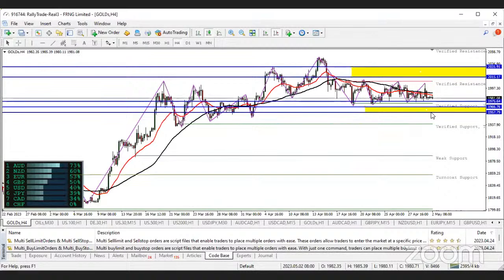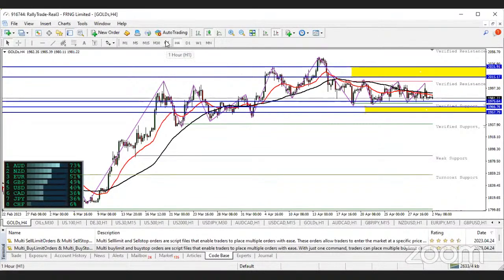The reason why I'm making my sell stop order, that is the range where you can enter your sell stop, is because there is more bullish pressure in this particular market. There's more bullish momentum. There's a momentum loss for the bears compared to the bulls. So the bulls are actually taking charge of this market. So I'm looking forward to a sell around that particular zone I just marked. Then you can take your profits anywhere before the verified support. That is for my swing traders.